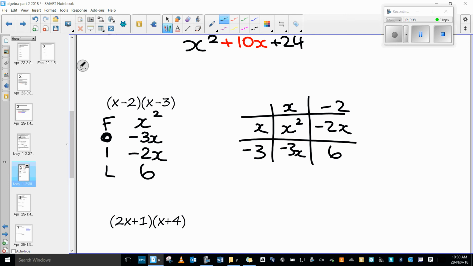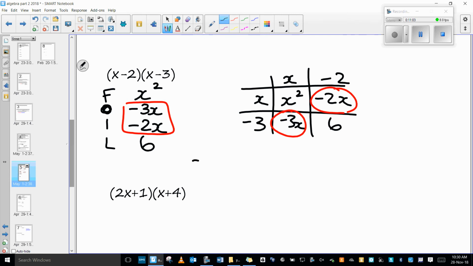So like 99% of the time, the O and the I are the ones you're going to join together. And similar thing with the boxes, the opposite ones you will join together. So my final, Sarah, you tell me what am I going to write as my final thing now? x squared plus 5x plus